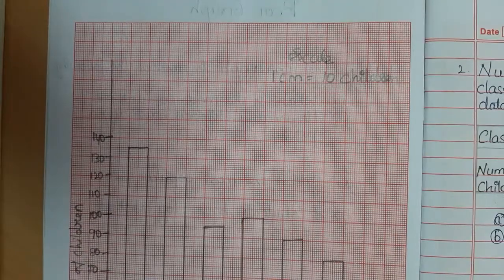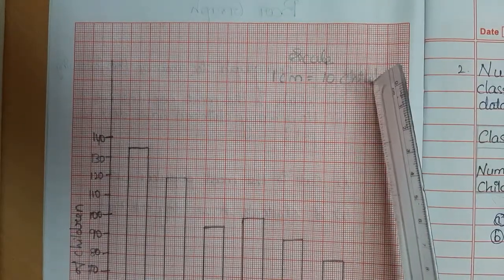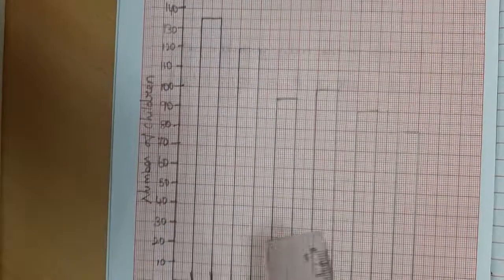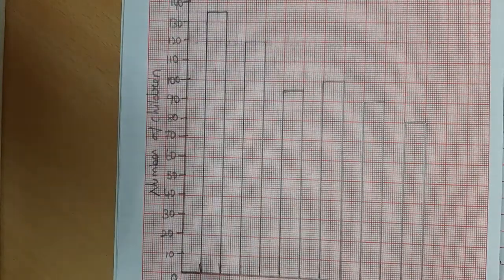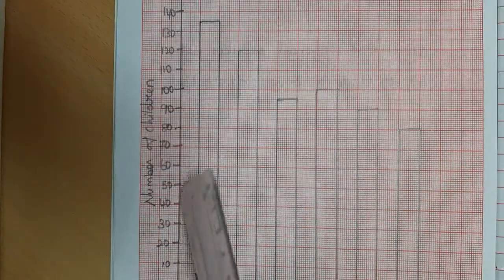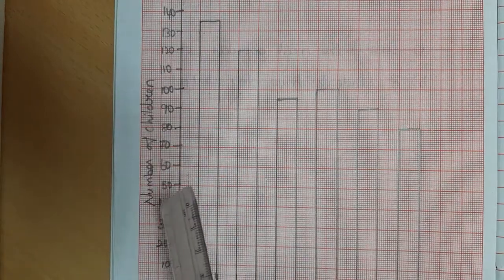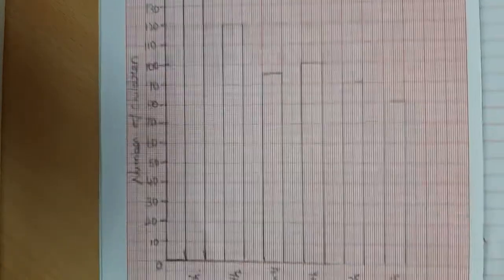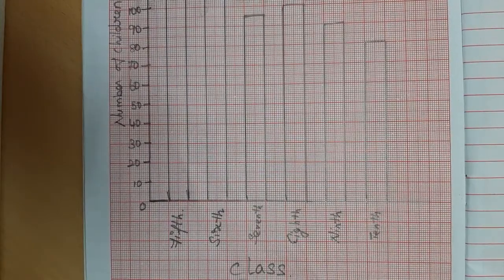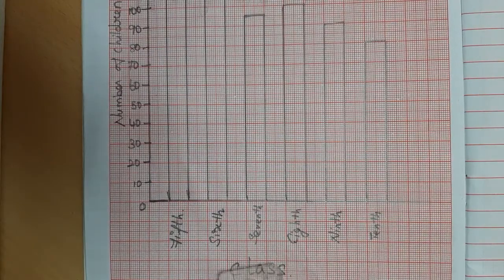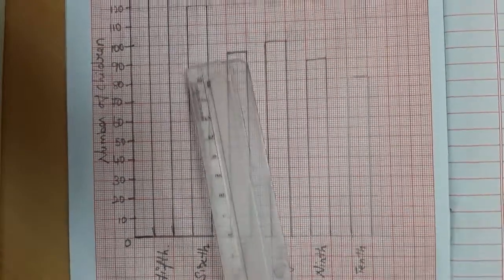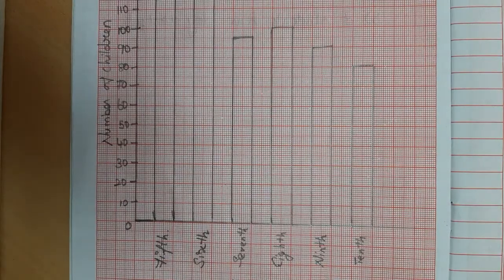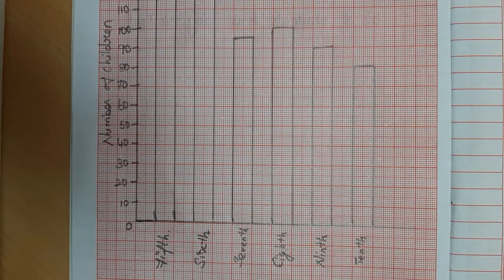So to draw the bar graph, the first thing is we need a scale. After mentioning the scale, draw the vertical line and represent the number according to the scale and represent what the vertical line is. The vertical line is the number of children. You have to write here, and then the horizontal line is about classes. Write the classes and draw each bar and represent what the bar means. Clear? So next we will go to answer the given questions.